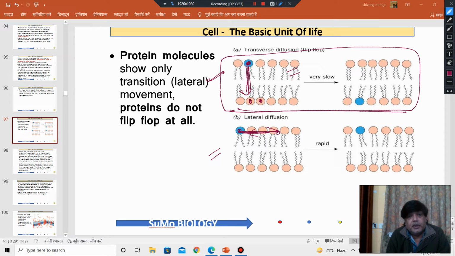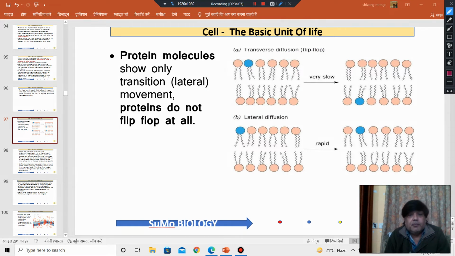ट्रांसवर्स मूवमेंट ओनली लिपिड कैन डू। प्रोटीन मॉलिक्यूल डू नॉट शो ट्रांसवर्स मूवमेंट। और ये ट्रांसवर्स मूवमेंट ही आपका फ्लिप फ्लॉप मूवमेंट है। तो फ्लिप फ्लॉप मूवमेंट कौन दिखा सकता है? लिपिड दिखा सकता है। ठीक है, फिर से एक बार 2 मिनट समझिए, सब बातें इरेज कर दीजिए।